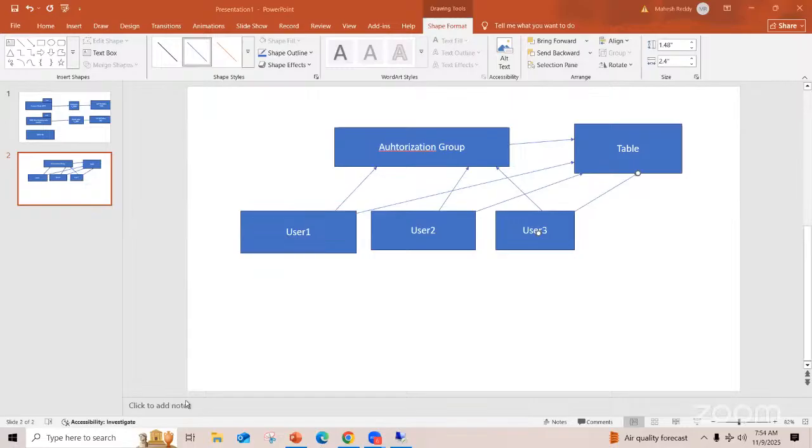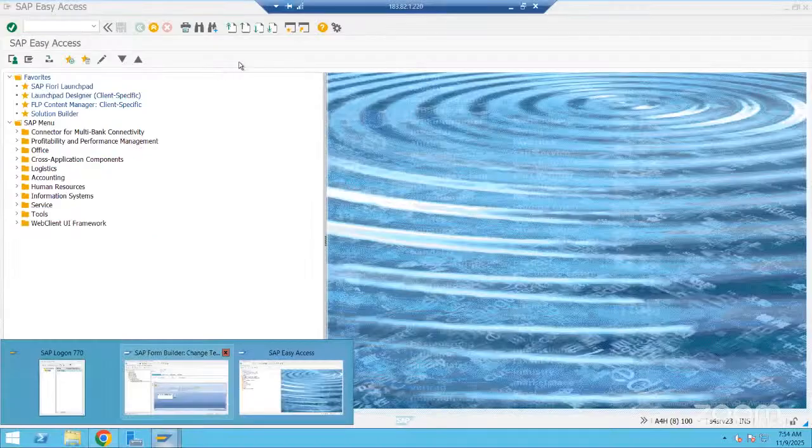Right now we were doing this one. Now if I go to SM30, the maintenance view, change, entries, new records I can create. Click on display, new entries. Through my maintenance view, data is inserted into the table.